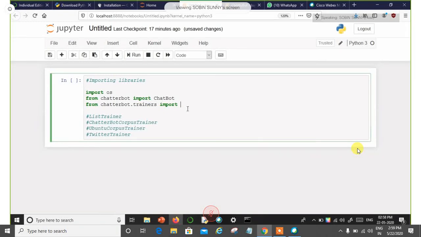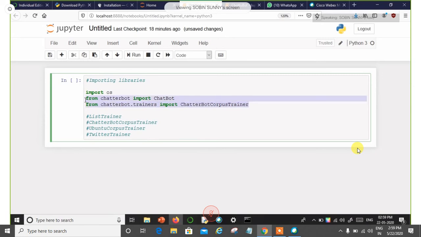In this case, I'm going to use the corpus trainer because we are going to use a corpus. A corpus is something that is available within the library that we have installed, the kind of data that I showed you. I showed you some English data regarding greetings, movies, politics, everything. That kind of data is called corpus. So we are using the chatterbot corpus trainer for training that. You can even use the list trainer, it is completely your wish. But using the list trainer, you have to use some other methodology, which I'll explain at the end if we have some time.